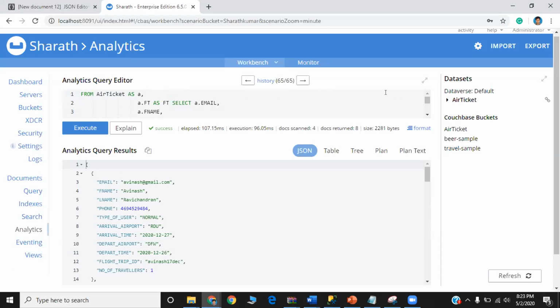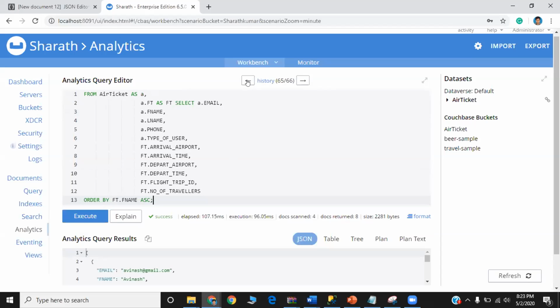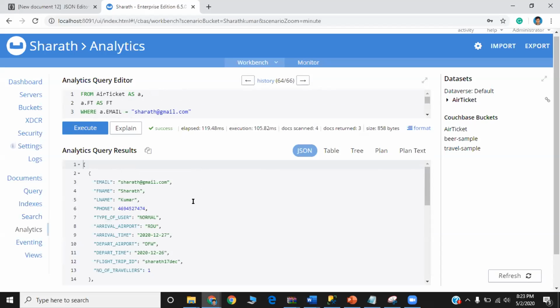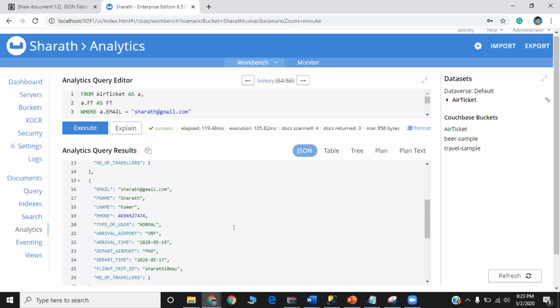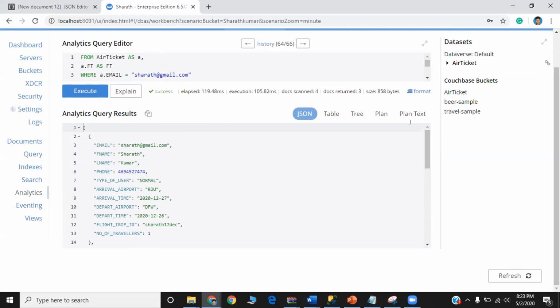So this is our output. And finally, if we have to retrieve a user based on a particular email, based on this email we are going to perform the query, and this is our output. We retrieved a user based on his email.